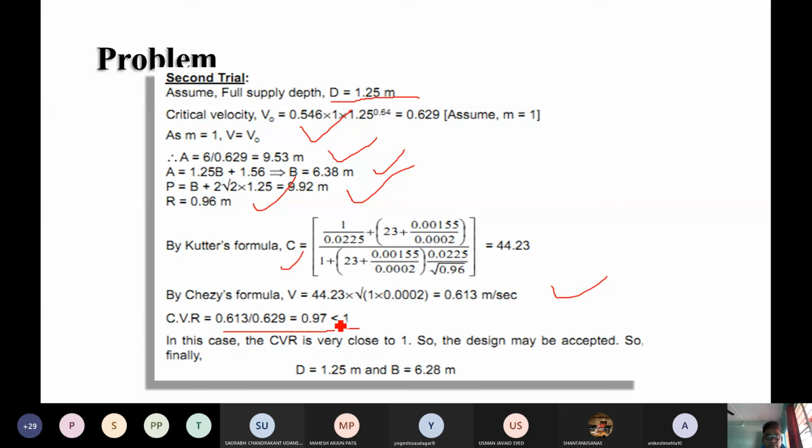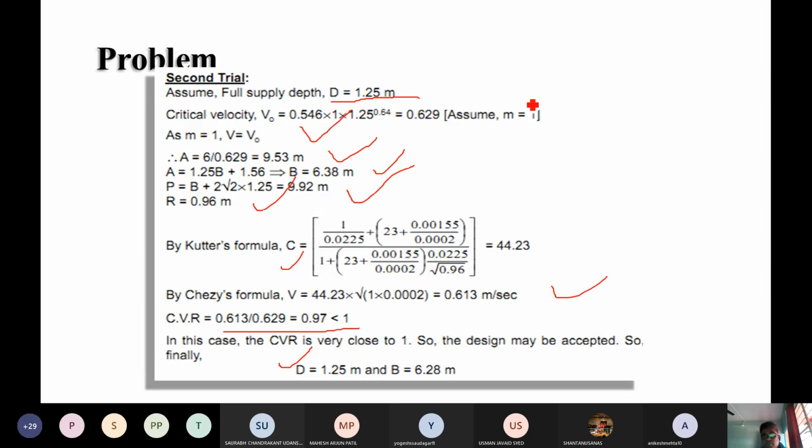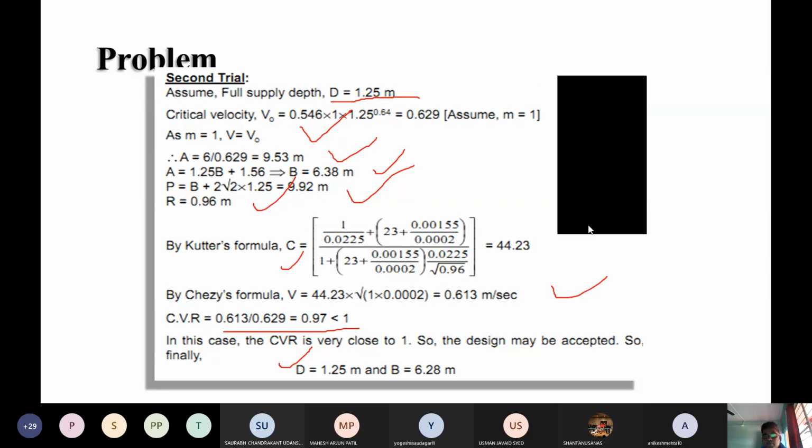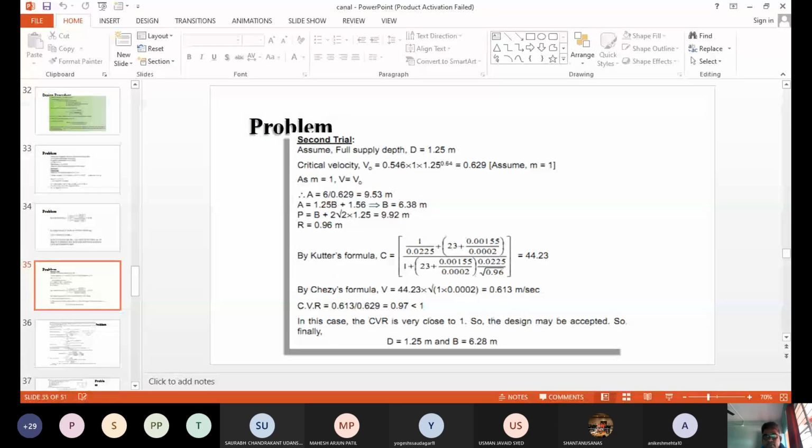It's less than 1 but approaches 1, therefore CVR is very close to 1, henceforth the design may be accepted, permitted. Therefore this is the optimum design, and you need to decide the dimensions of the canal, that is d is equal to 1.25 meter and b is equal to 6.28 meter. So this is the way you have to do the calculations. You need to go for this, and according to that you have to design the canal by using the Kennedy's